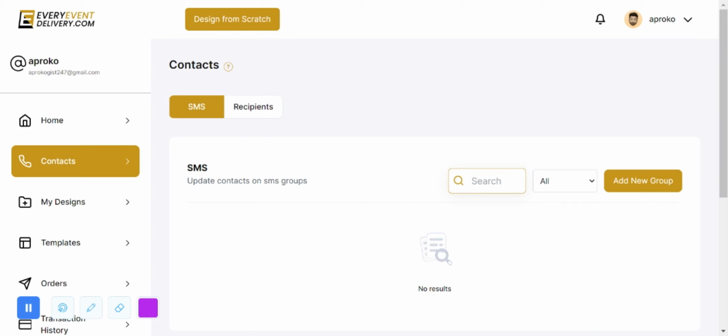You can create different groups of contact lists. You can create a group for your family members only. You can create a group for your friends only. You can create a group for your business partners only, and so on and so forth. Now that we have fully understood the essence of contacts on every event and what its purpose is,